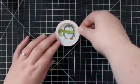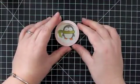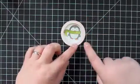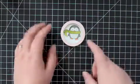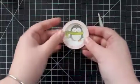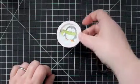And I'm going to line that up with the base circle that my stamped image is on. And now you probably can't see it on camera, but I have a little bit of the transparency. I didn't get it lined up quite perfectly, so I can just go in with my small scissors and just trim that off. But mostly, we now have our snow globe element of our ornament